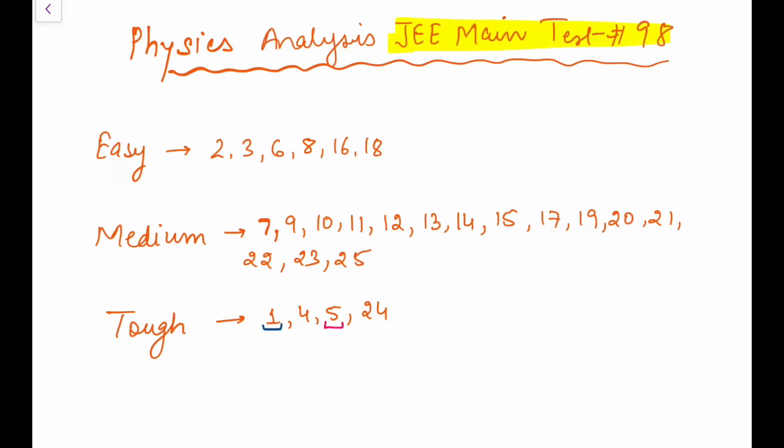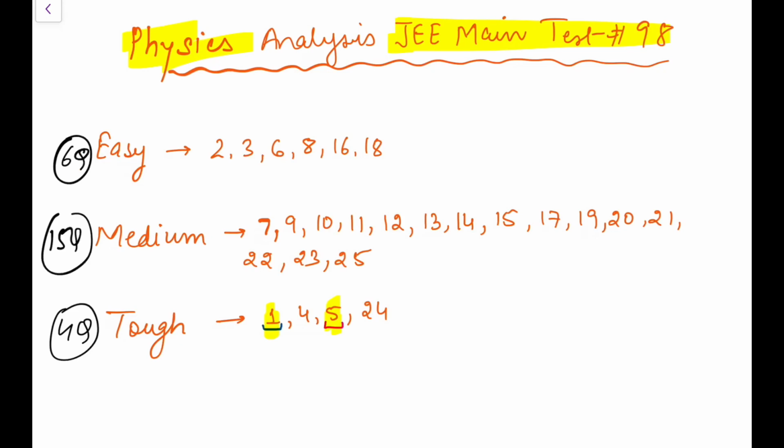I just solved this JEE Main Test 98 and here's the analysis of the physics part. So in this paper, question number 1 I think is beyond your syllabus. Question number 5 is quite mathematical. You need to know the concept of radius of curvature calculation. I have rated 4 questions as tough and 6 questions as easy, and the remaining 15 as medium, you can say.